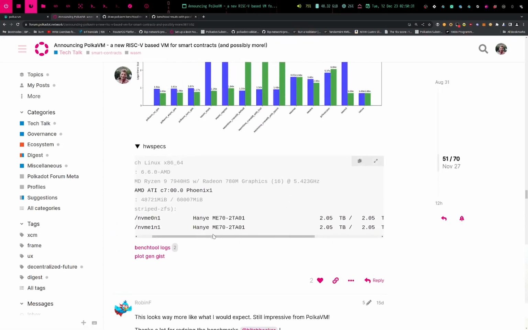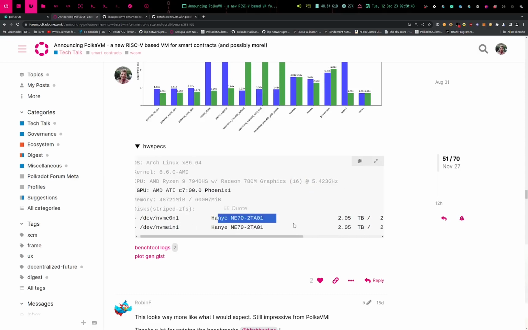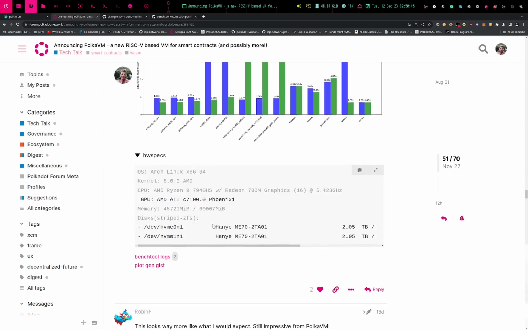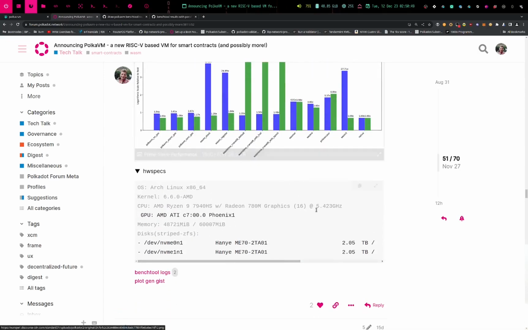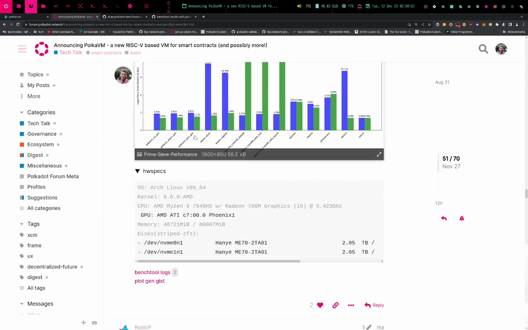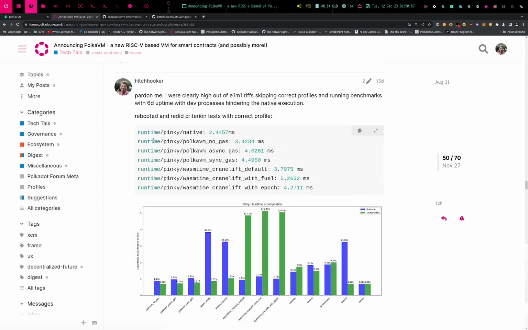My computer is a 7940HS laptop processor with 16 threads at 5.4 gigahertz with some NVMe disks. So pretty much the latest AMD processor with high performance,